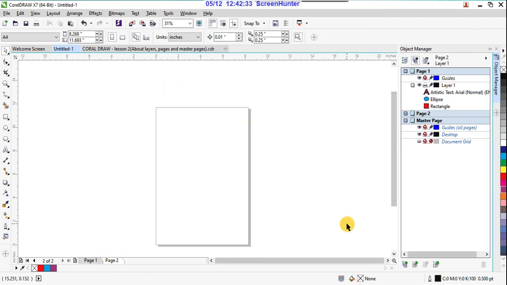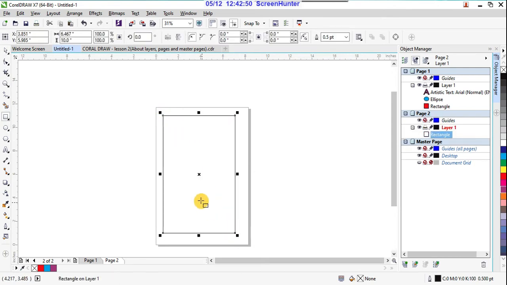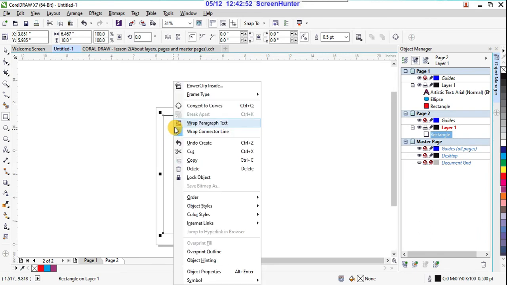Now see, your page is empty because nothing is there in the second page, right? This is the first page and the second page. In the second page again I want to do something here, I'm placing any text or any objects, right? Suppose